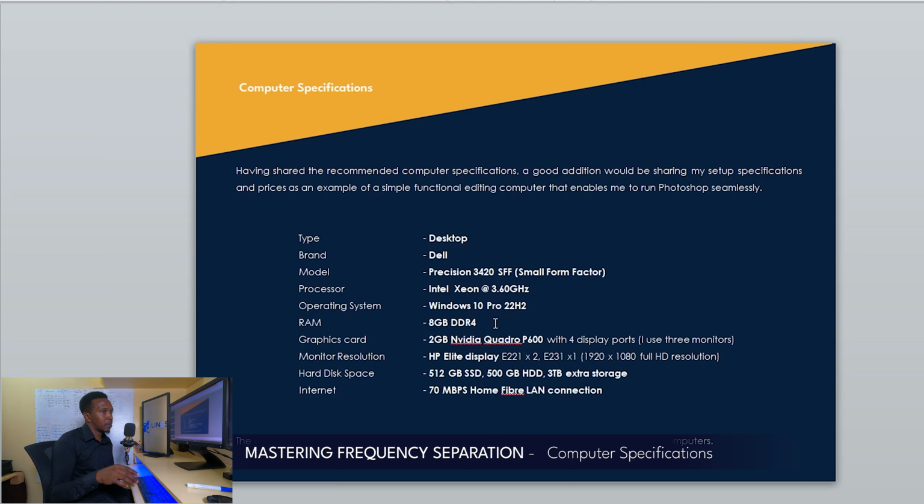That is like the minimum. I'm adding a bit soon. I want to take it to 24 at least, so I'm adding 16 GB more. Then in terms of the graphic card, I have a 2 GB NVIDIA Quadro P600, and the best thing about